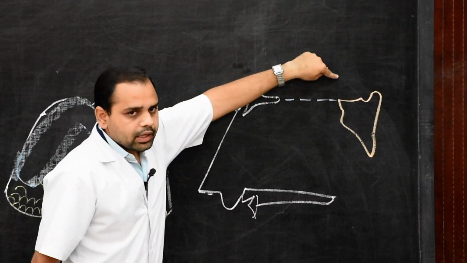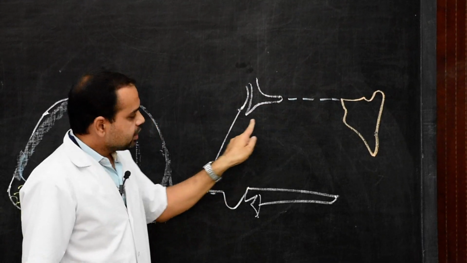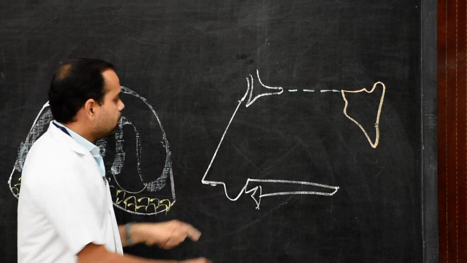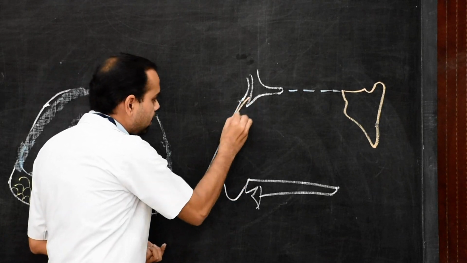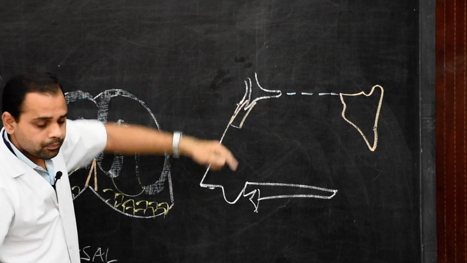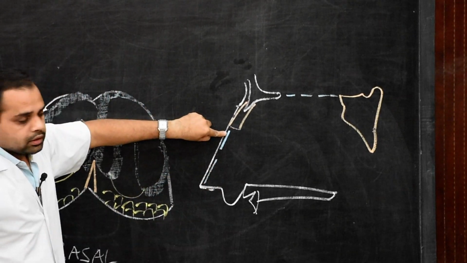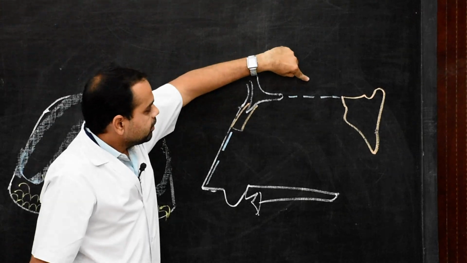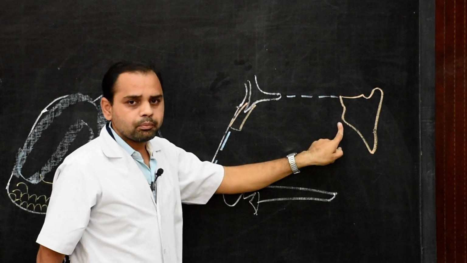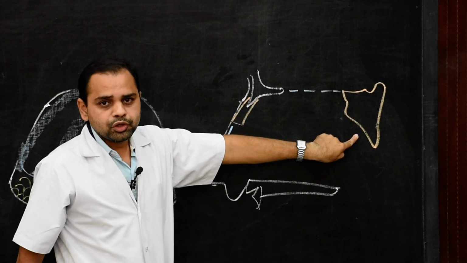Now you can see in this diagram, the roof of the nasal cavity is a narrow part. It has three components: anterior part, intermediate part, and posterior part. The anterior sloping component is known as the frontonasal component. It is formed by the nasal process of the frontal bone as well as the nasal bone, and the union of the lateral nasal cartilage and septal cartilage. That is about the anterior component. The intermediate component is formed by the cribriform plate of the ethmoid bone, and the posterior sloping component of the roof is formed by the anterior surface and inferior surface of the body of the sphenoid bone.